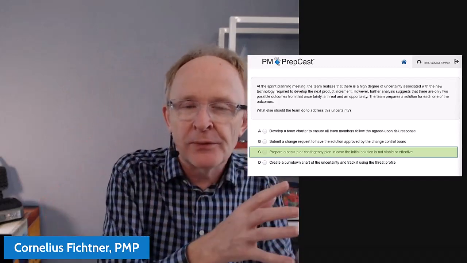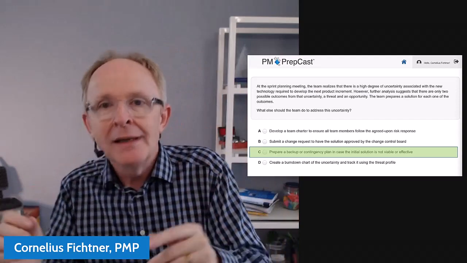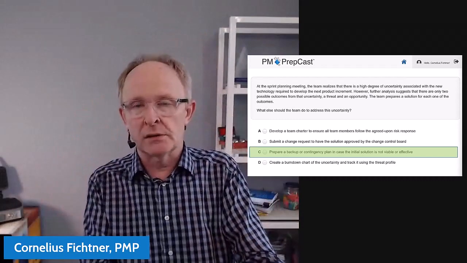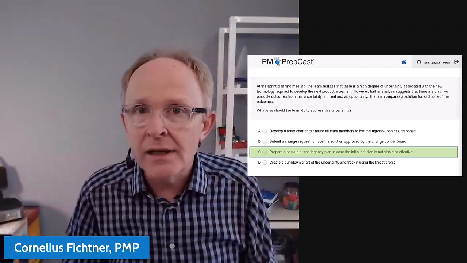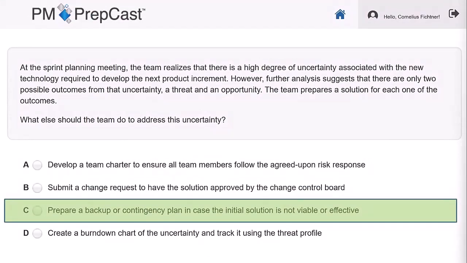You do this after the fact. You figure out which ones are still there and you see it going down, down, down. That's after the fact. Right now, we are ahead of the fact. We're planning for this uncertainty. So doing this burn down chart, which is for after the fact, doesn't help you at this very moment as we are going through this.